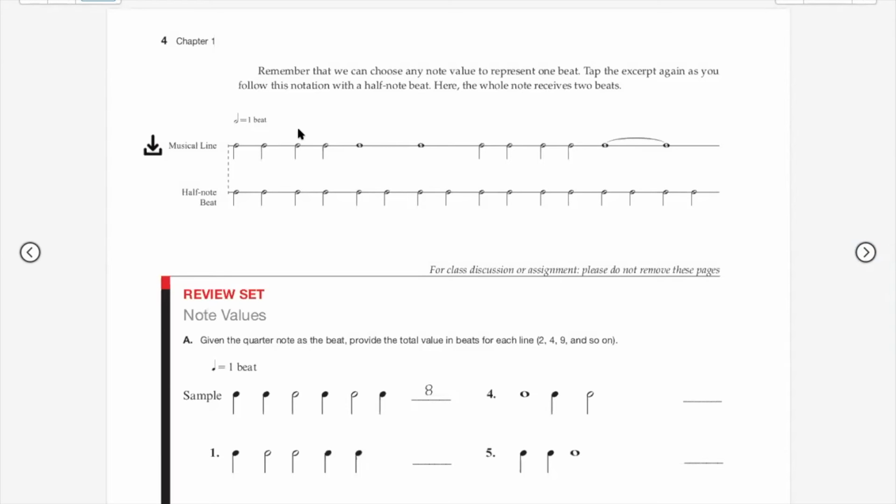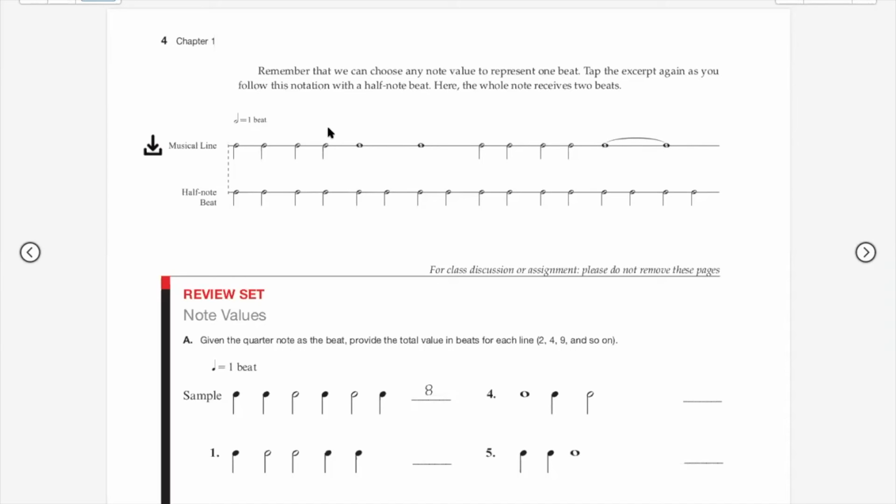Now, anytime you have these values, sometimes they need to be combined, and that's what this is right here. This curved line, when it goes between 2 notes that are adjacent and are exactly the same, is called a tie, and it connects those 2 values. Now, in these examples, it's easy for them to be exactly the same note because they're all on the same line. But in printed music, sometimes people get confused. A tie goes from one note to the very same value, very same pitch rather, and it has to be